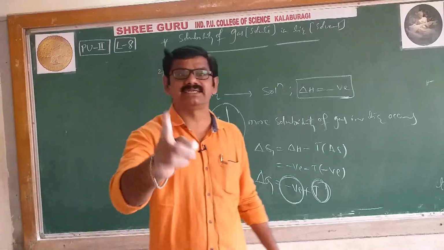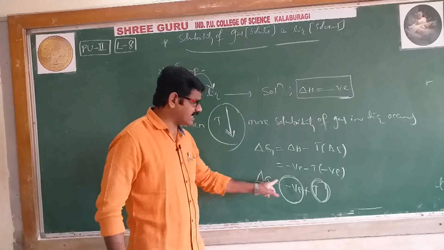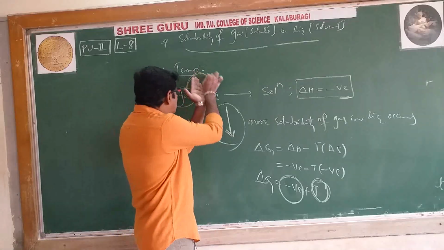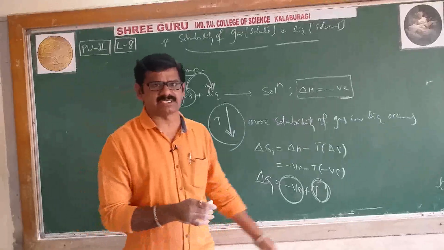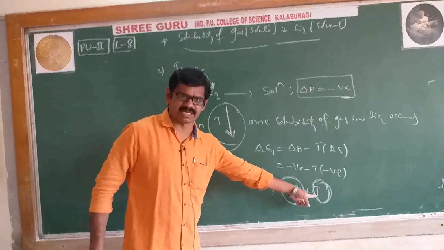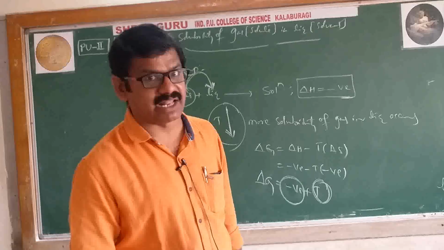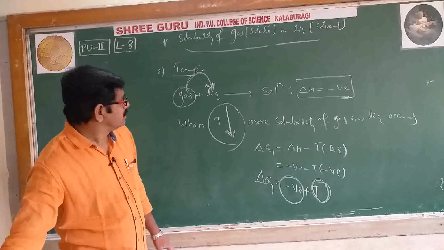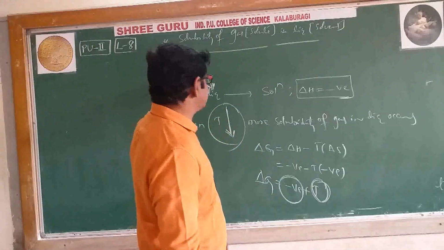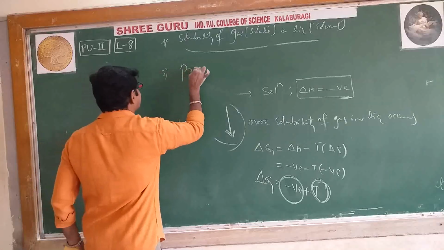Means it is a spontaneous process. Remember, at a low temperature, delta G is negative. Means if temperature decreases, more gas is dissolving. That is only a spontaneous process. More gas dissolves automatically at less temperature. Right. According to thermodynamics also, we have explained this phenomenon. Next, the first factor is nature of solute, that is a gas. The second factor is temperature, and we'll go to the third factor, that is the pressure effect.